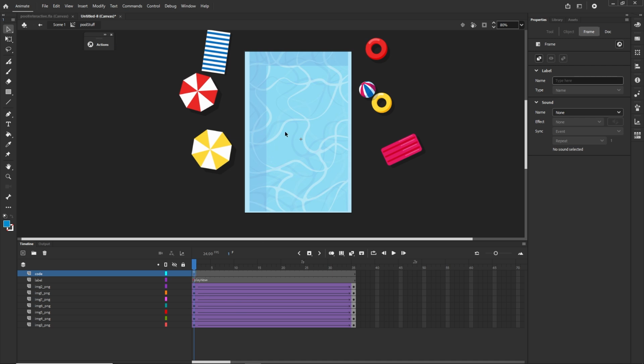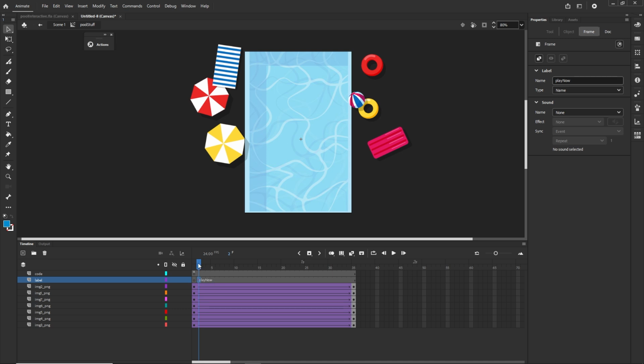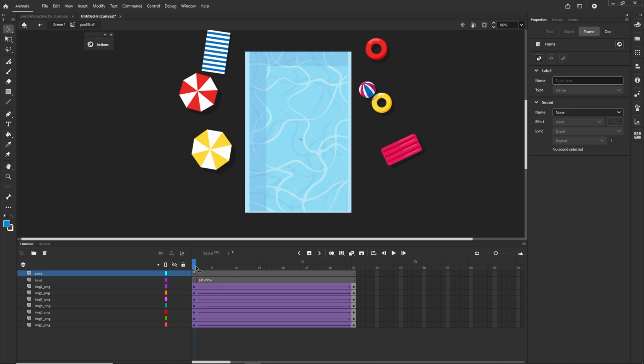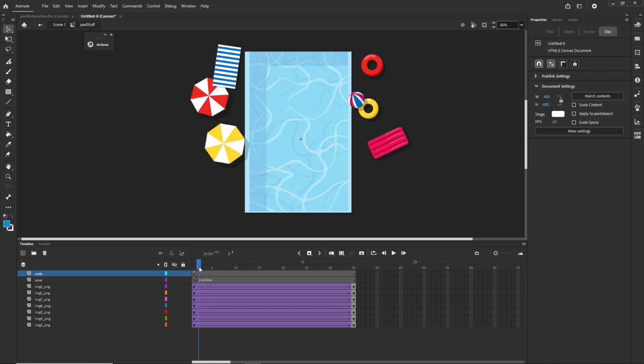And when I click one more time, for some reason it's not going to be working. So what I'm going to do is I'm going to just move this label from first frame to the second frame like so. So right now it is going to be on a different place where is my little A like so. And yeah, I am not really able to explain you why animate behaves like so,